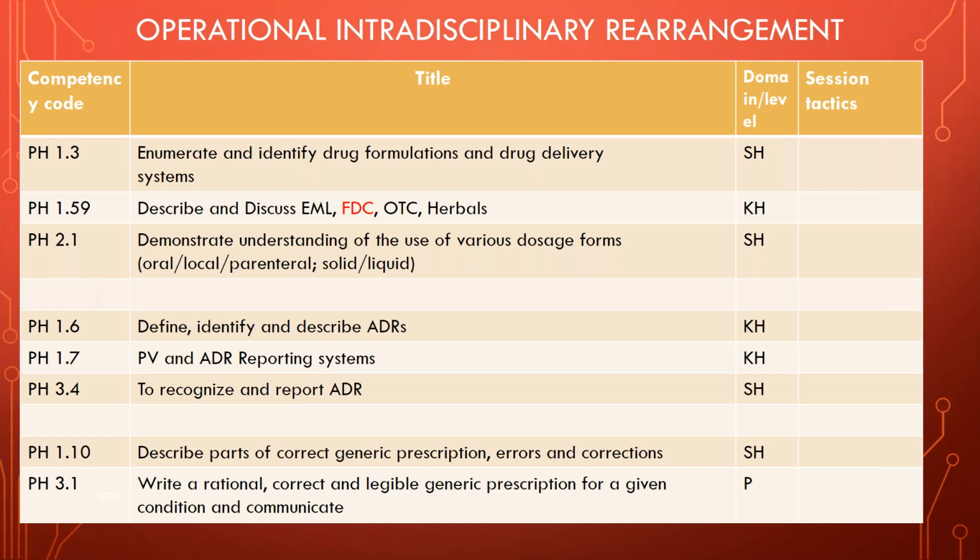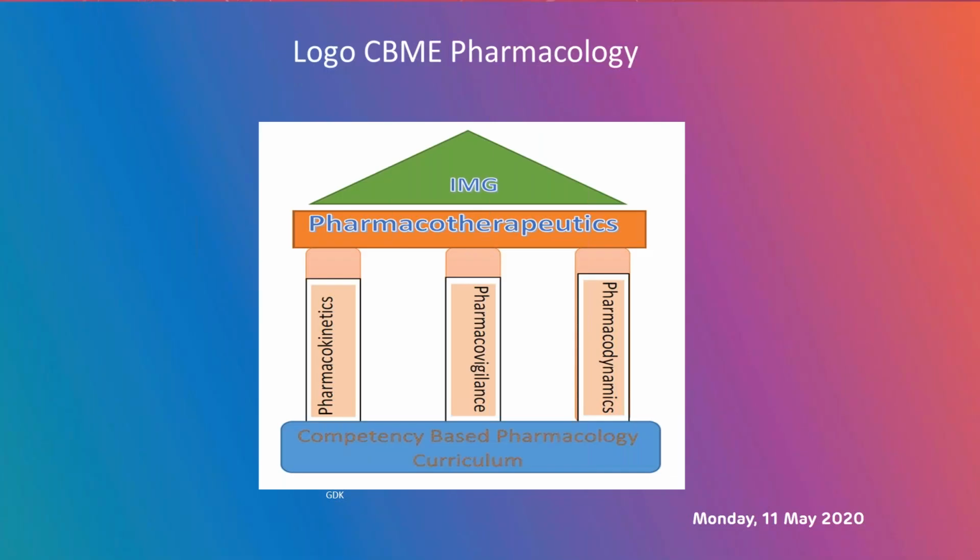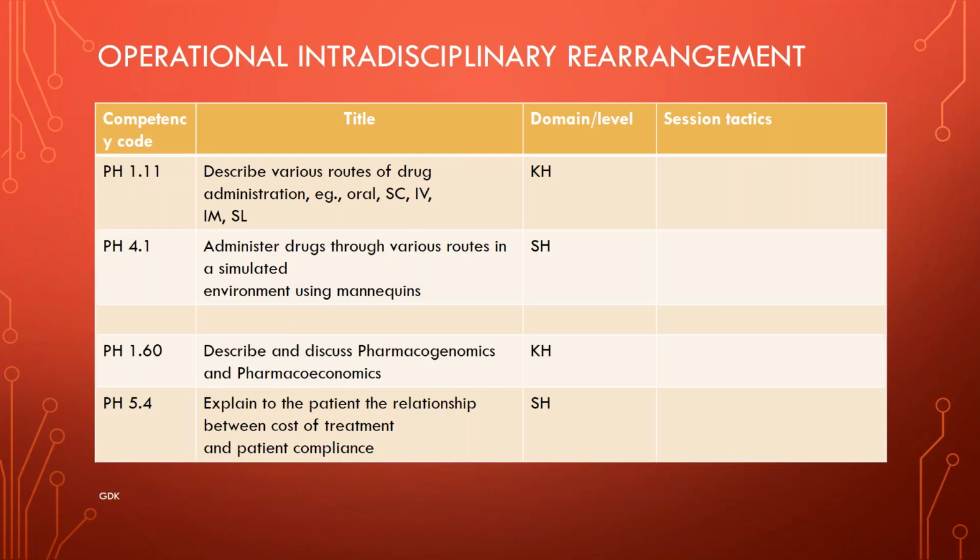So I was expecting that some of you would identify that and tell. So PV and area reporting systems, unless you use an action verb, it's not really, I'm not convinced that it is a competency. So you have to identify the proper action verb. But then the problem is, as Dr. Khilnani has rightly pointed out, some of the competencies as prescribed by the curriculum document are too vast, too wide, too non-specific, because of which it becomes difficult to translate from that competency